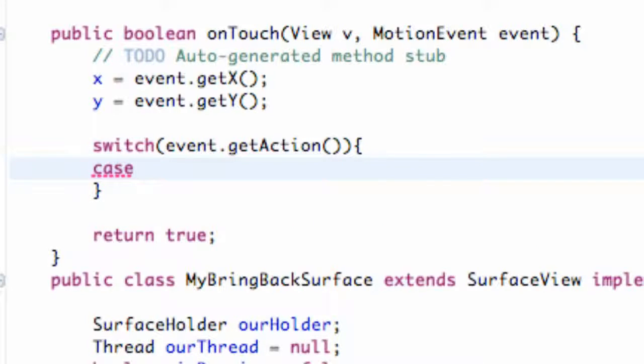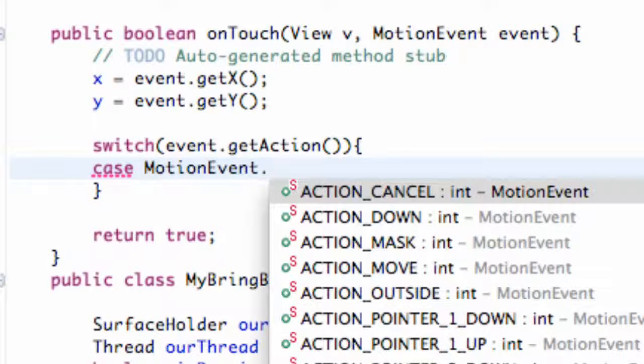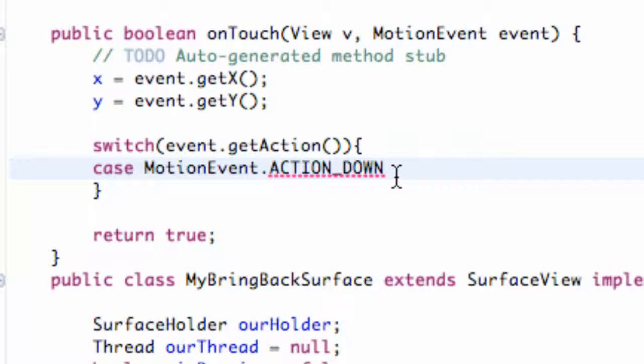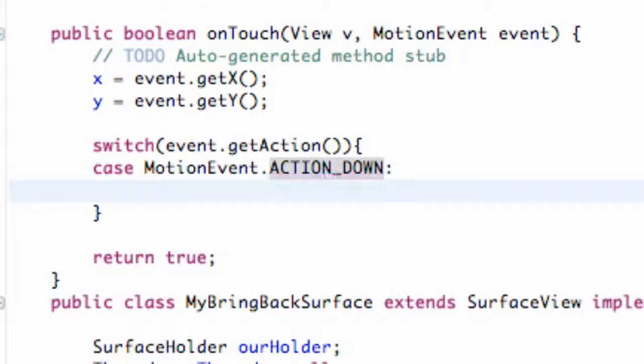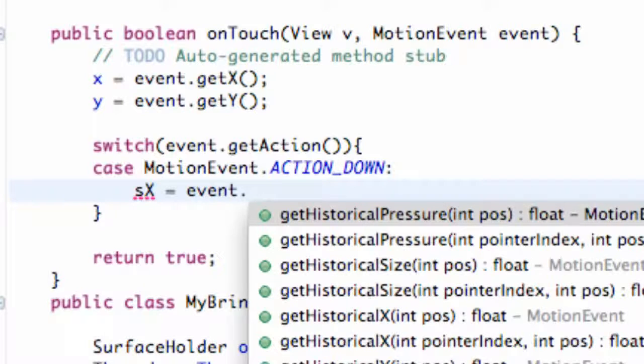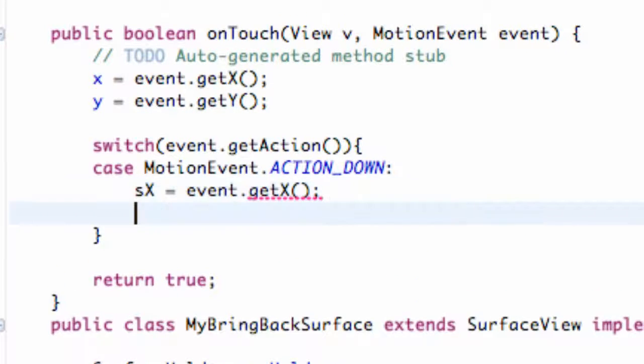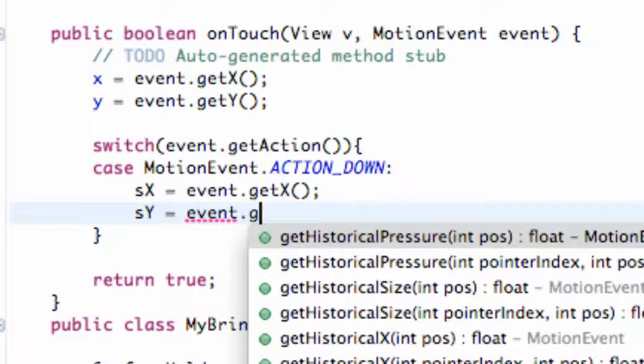So we're going to say case, and then we're going to refer to the MotionEvent class, and then we can hit dot, and we have the events that can happen. So down is right when we first click. So what we're going to do within this case, we're going to set up our starting X, our start X, and then it's just going to be again equal to event dot getX. Again, kind of review here, and then also our starting Y, and that's going to be event dot getY,